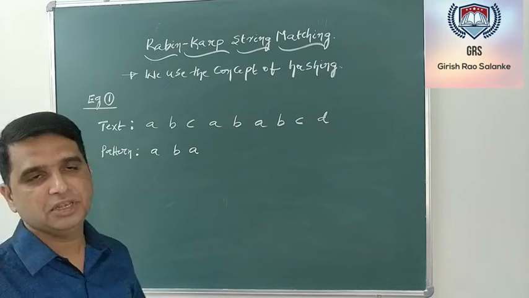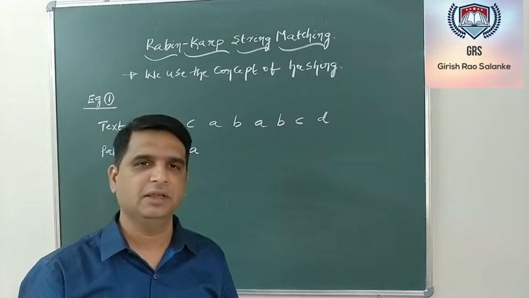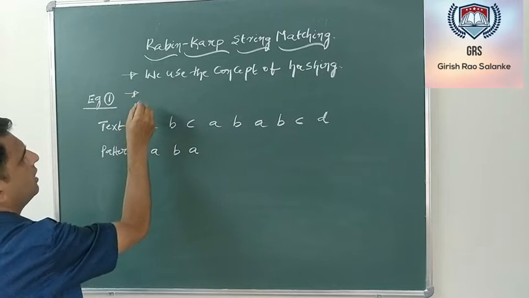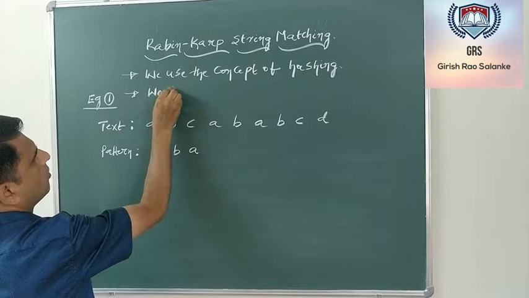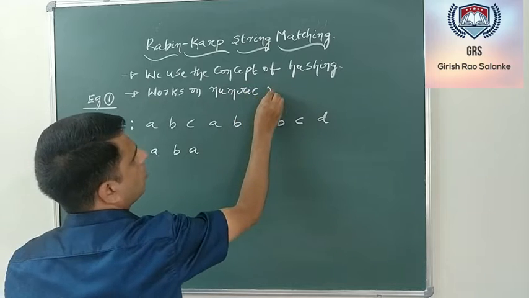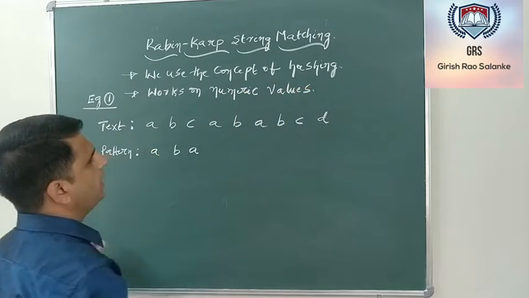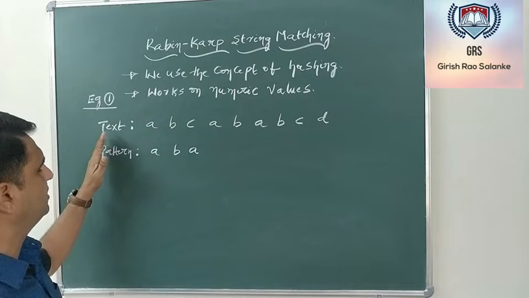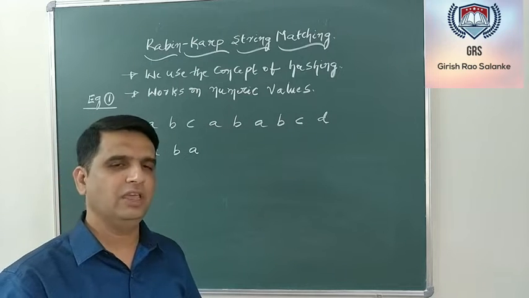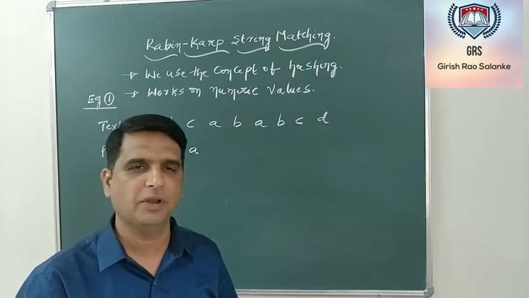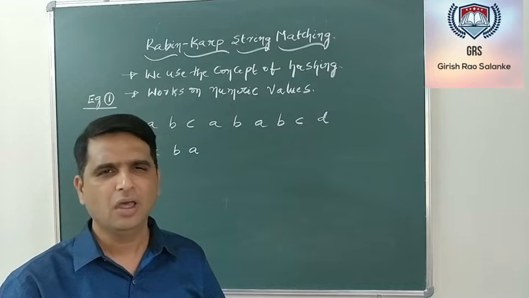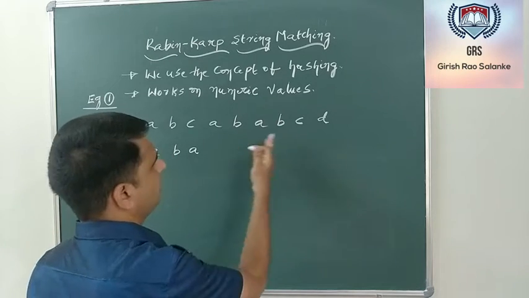Please note that in case of the Rabin-Karp string matching algorithm, all the alphabetical characters need to be converted to numerical values. In the sense, the second point about the Rabin-Karp algorithm is that it works on numeric values. I need to convert all these alphabetical characters in my text or in my pattern to numeric values so that it will be easy for the computation. One way is to go for the ASCII values of these characters, wherein for A I can assign 97, for B I can assign 98 and so on.